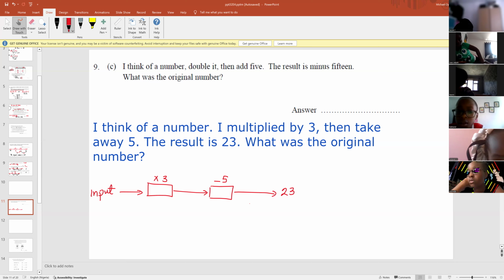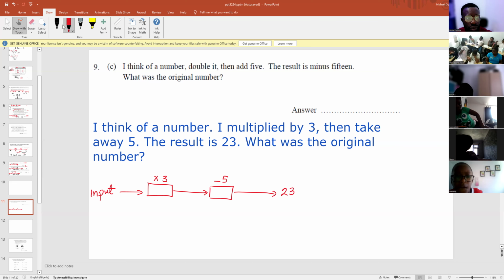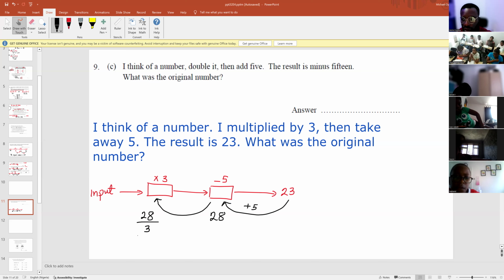Okay, so what would that be? First you need to do 23 add 5, which will give you 28. Then you need to do 28 divided by 3. That would give you an improper fraction. So what's 28 divided by 3? You can take the answer as 28 over 3,